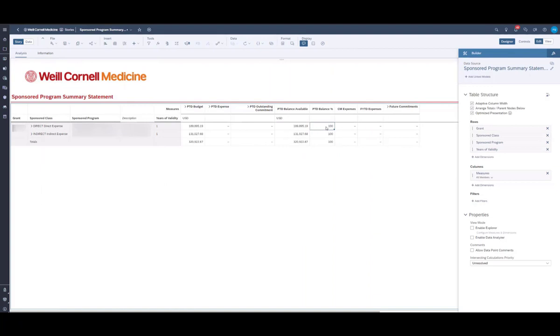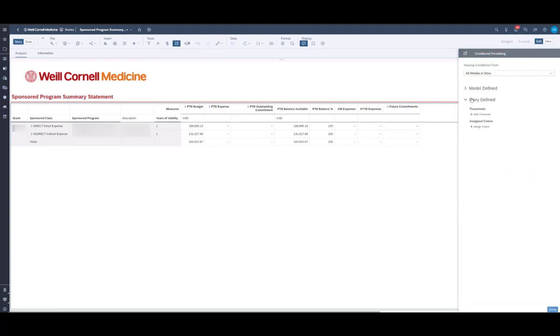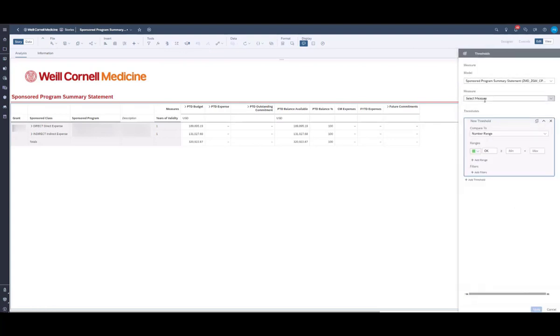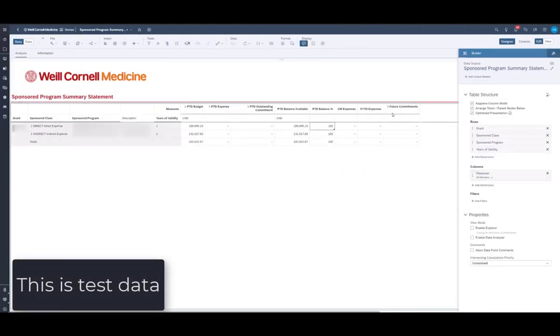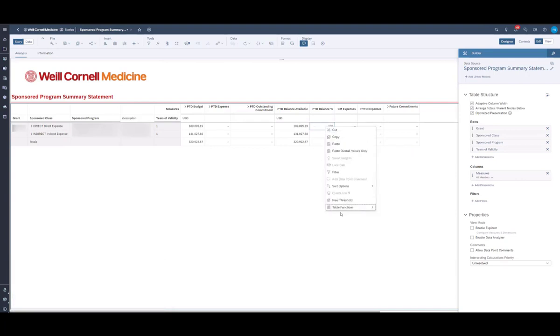In this video, we'll show you how to utilize conditional formatting in your story. This will display a threshold that you can set for your data, which will visually help make patterns or trends more apparent. Let's begin. Starting from our story, we'll apply conditional formatting in two ways, by either right-clicking and selecting